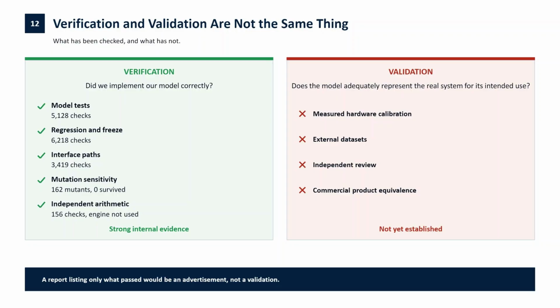PPACT Studio currently includes model tests, regression and freeze checks, interface path checks, mutation tests, and independent arithmetic checks. In particular, the mutation test evaluated 162 mutations, with 0 surviving mutations. The purpose of this test is to determine whether the verification framework can actually detect deliberately introduced changes. The independent arithmetic check verifies key numerical results through a separate calculation path that does not use the PPACT engine